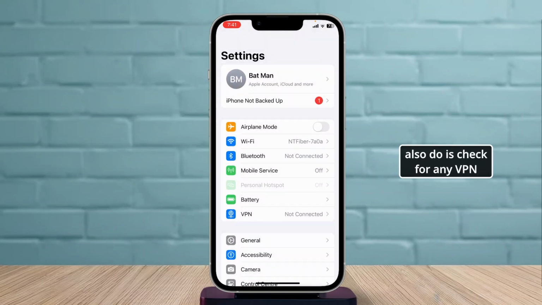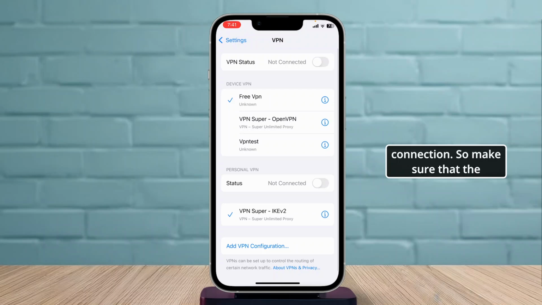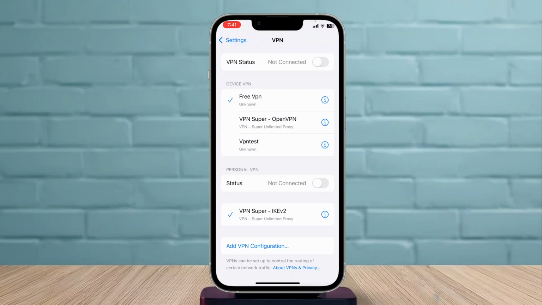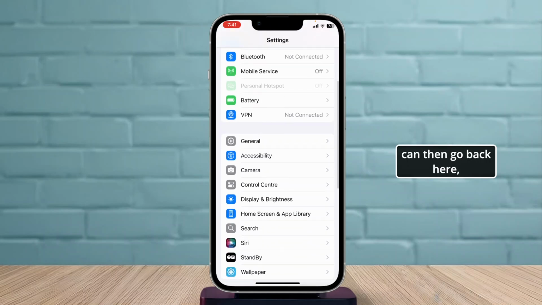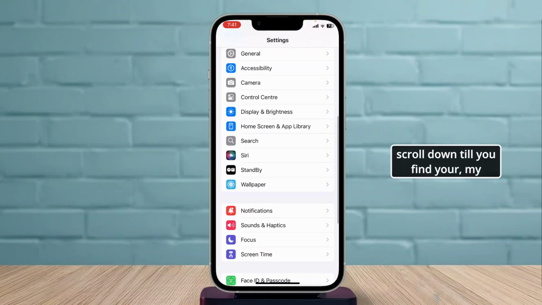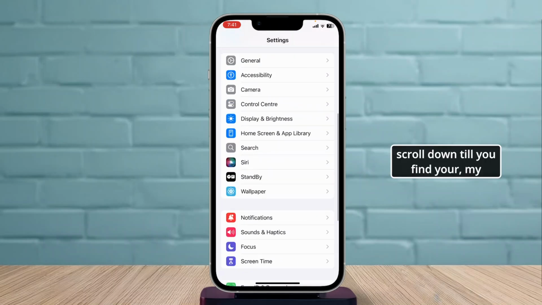What you can also do is check for any VPN connection. So make sure that the VPN that you use is trusted, and in this case just don't use VPN at all for now. After you do that, you can then go back here, scroll down till you find